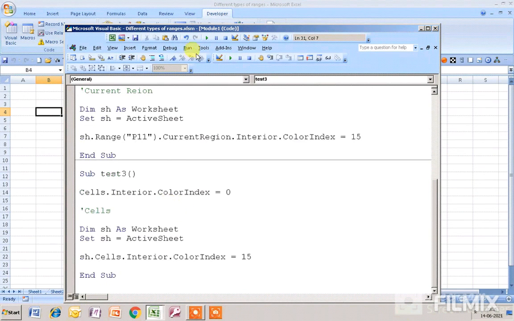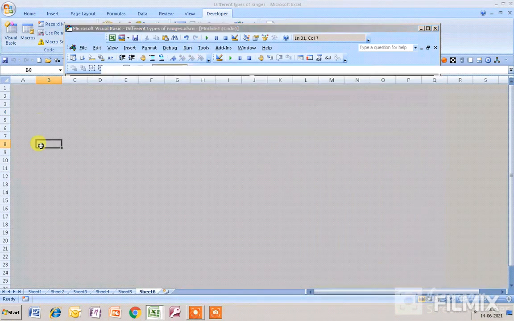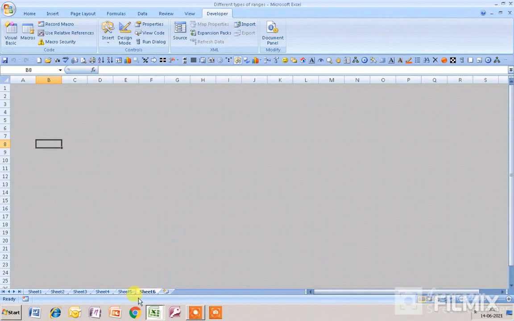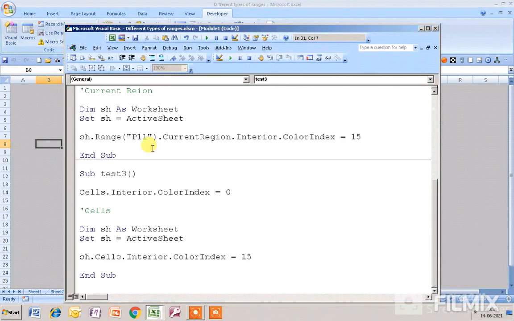You can see the changes: in this particular worksheet, that is sheet 6, all the cells have turned to gray color. Okay, I think you have understood what is the use of cells in Visual Basic and how to use it.